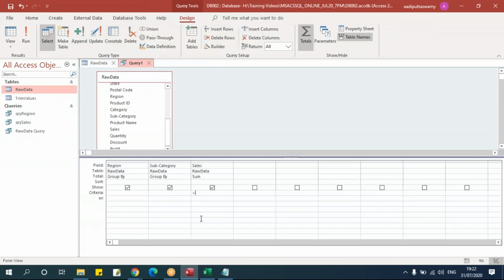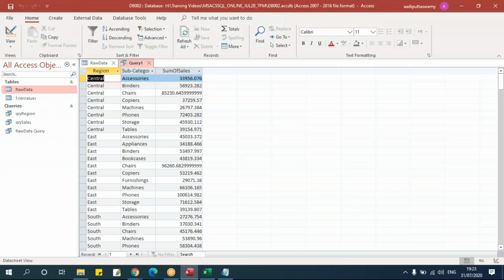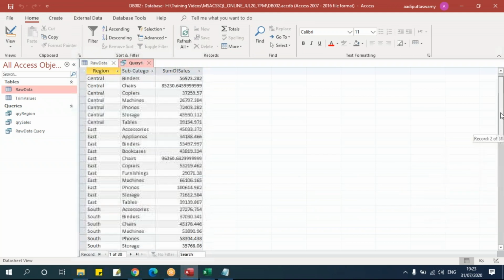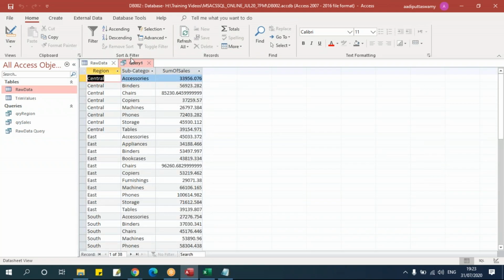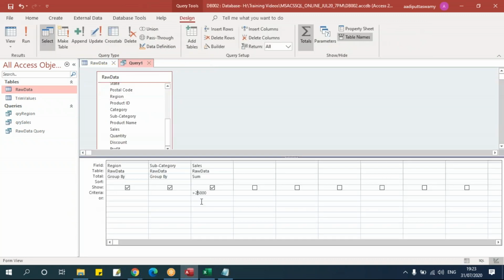I'll say greater than, I'll put it as 25,000. Same thing like what we have in this where condition. I'm putting this in criteria greater than 25,000 and I'll execute this. Now if you go and check, I'm getting all the values which are above 25,000. We'll try to increase a little bit so that we'll get fewer records. I'll make it as 50,000 and see.